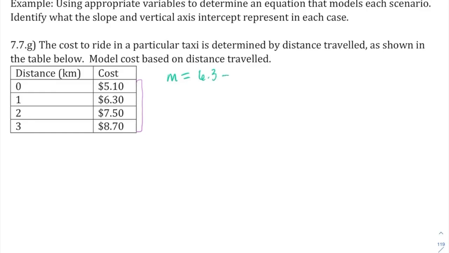Okay, so that's just what I picked, but like I was saying before, if you picked other points to do this work, you're going to get the same answer as I am. So I'm going to plug this in. Okay, so $6.30 is the same thing as 6.3 minus 5.1, as again represents $5.10, and then 1 minus 0